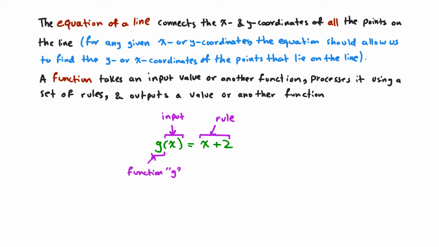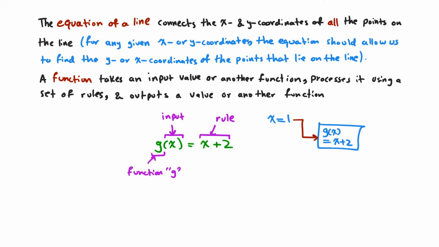So here we're going to have a machine, and this machine is g of x is equal to x plus 2, and we are going to insert a value of x. Let's say we're going to insert a value of 1. And this x is equal to 1 is going to come into here. And this rule, which is g of x is equal to x plus 2, is going to insert the value of x is equal to 1 into this x value over here, get a final result,